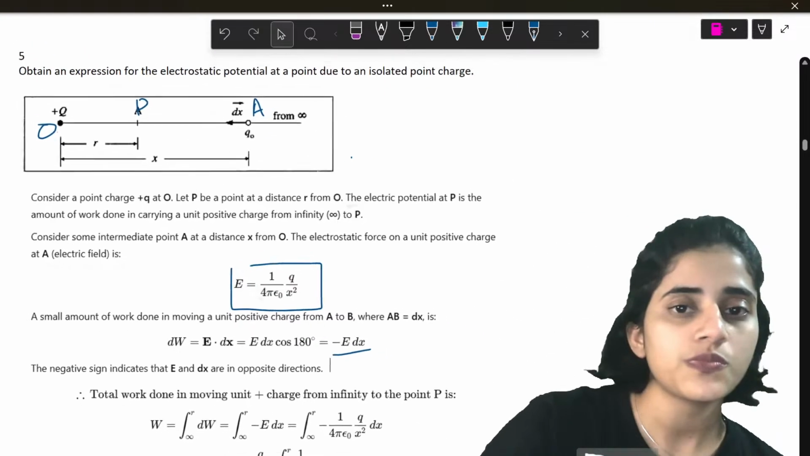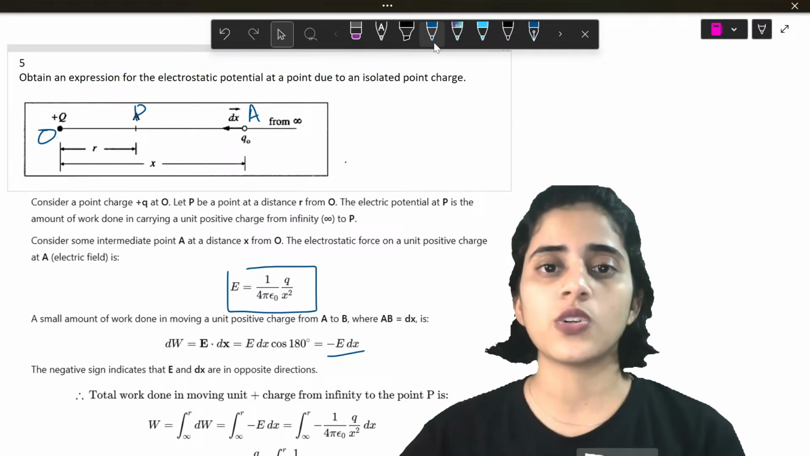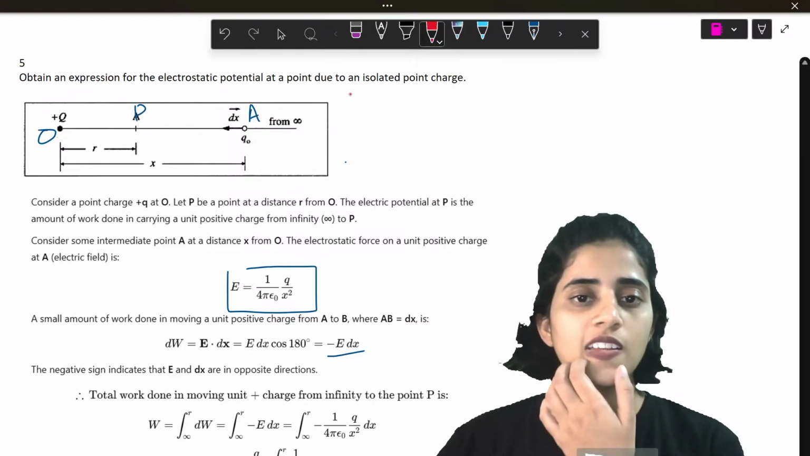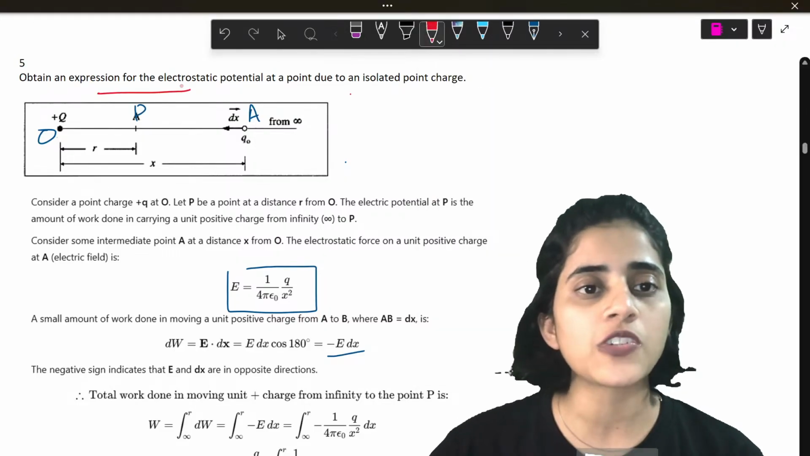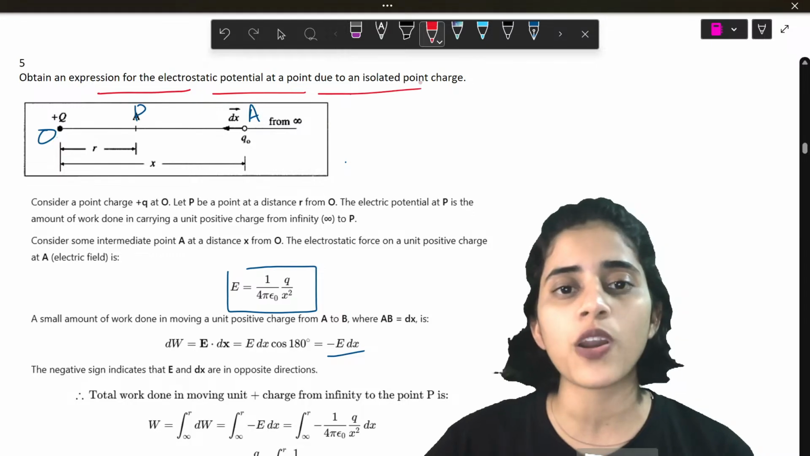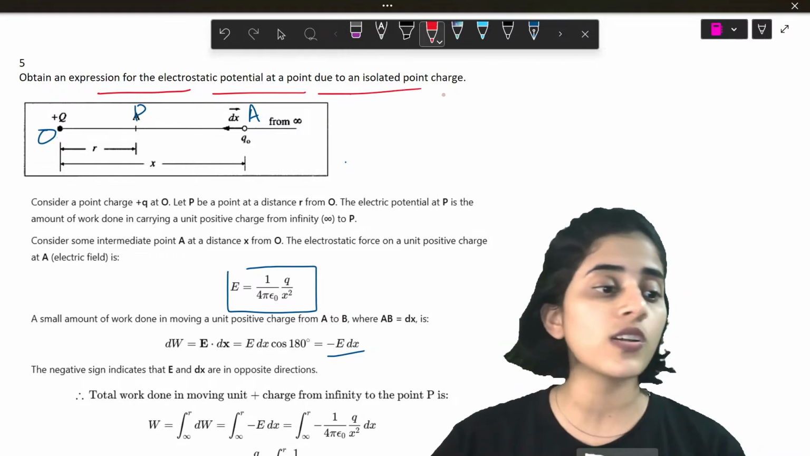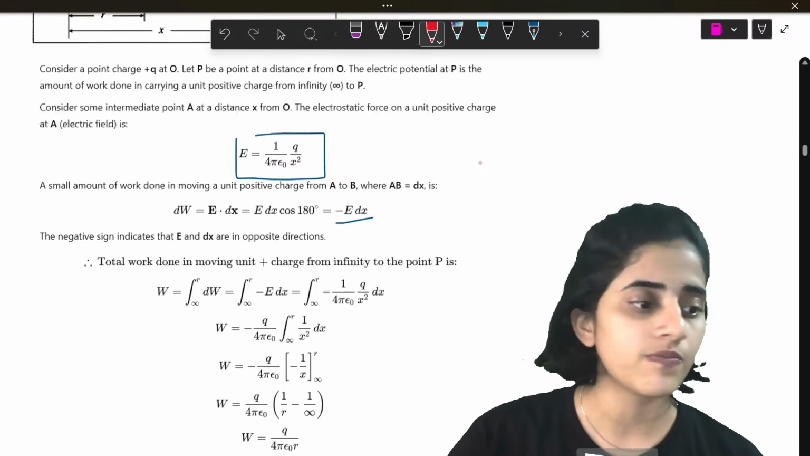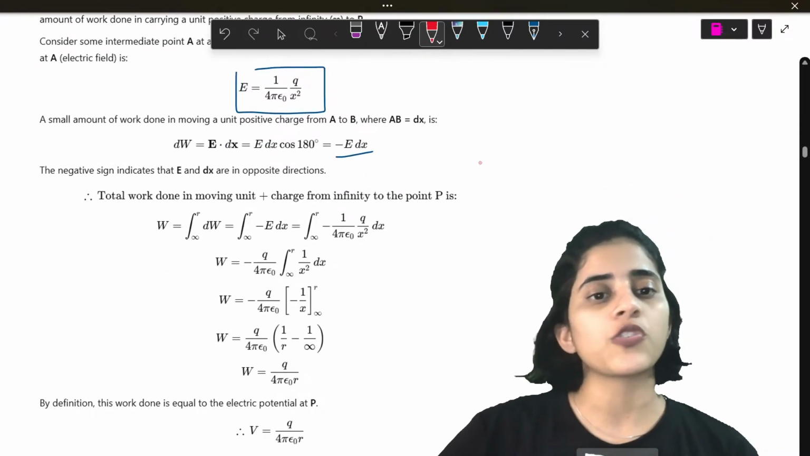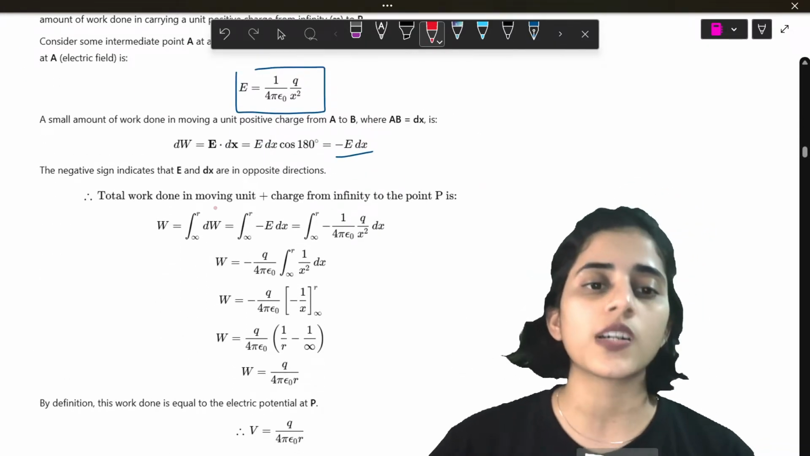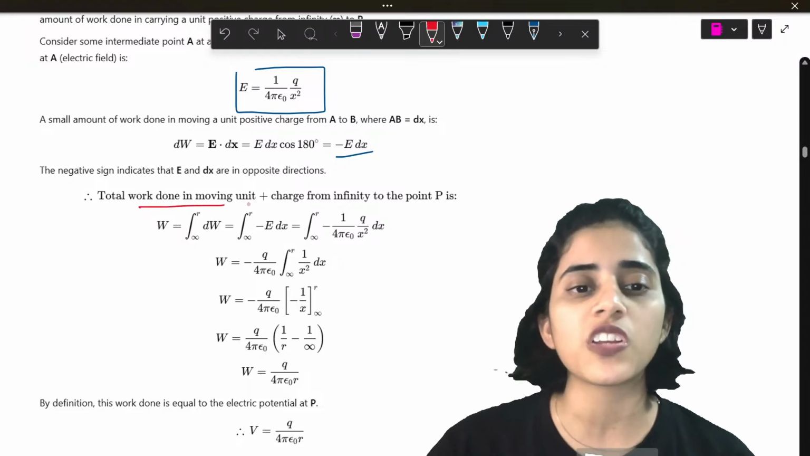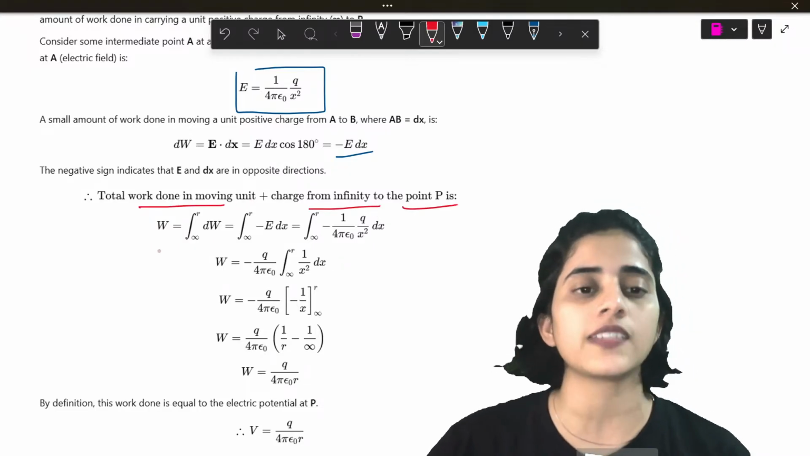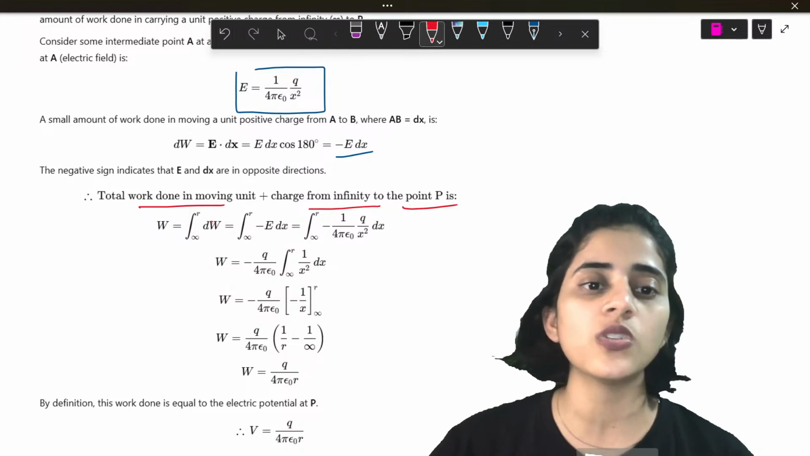Now, I hope you've all read the question before doing it. The question is, find the expression for electrostatic potential at a point due to an isolated point charge. So what we're going to do is find out the total work done. So total work done in moving unit plus charge from infinity to the point P is W is equal to